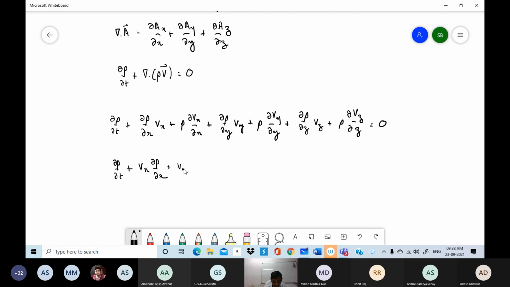Similarly, so I've taken this term, I've taken this, this, and this. I'm left with these three terms. So all of them have this common factor rho into